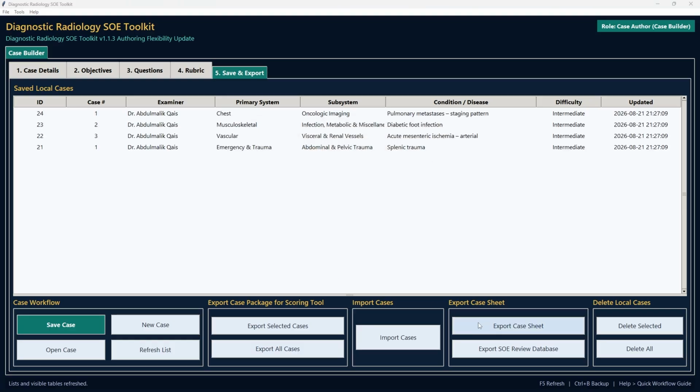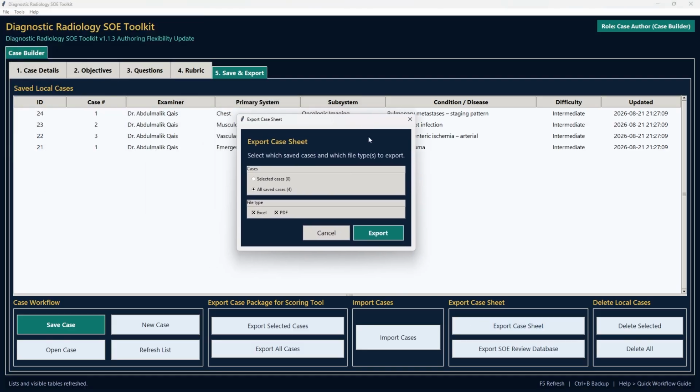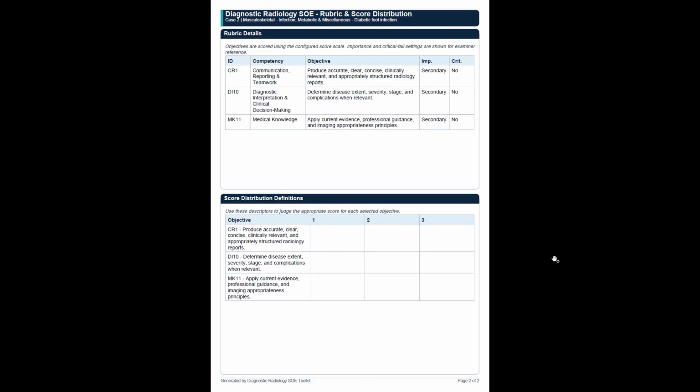The Export Case Sheet function creates structured case documents for review, printing, or archiving. You can export either selected cases or all saved cases, and you can choose the output format as Excel, PDF, or both. The exported PDF includes the case details, selected objectives, clinical scenario, standard questions, rubric details, and score distribution. It is designed to serve as a professional case review document that can be used for quality review, examiner preparation,